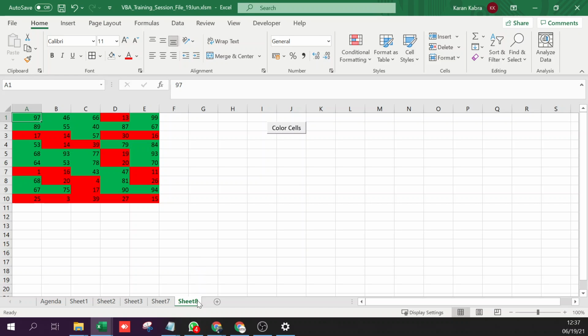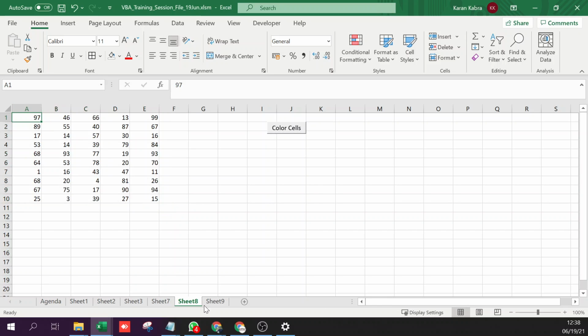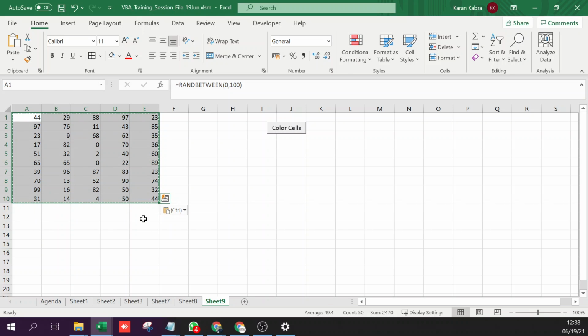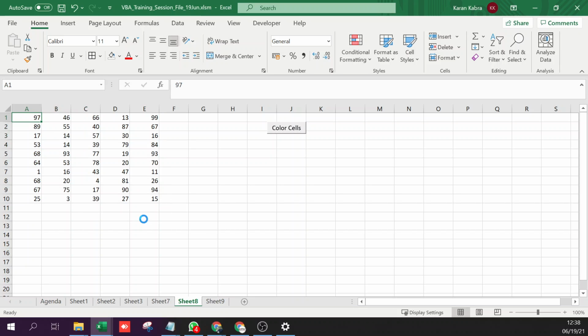Now, what if we wanted to run this on multiple sheets, say this sheet 8, sheet 9, for example? Let's say I want to run it on these two sheets. I create some random data. I want to run the same logic on two sheets, sheet 8 and sheet 9.